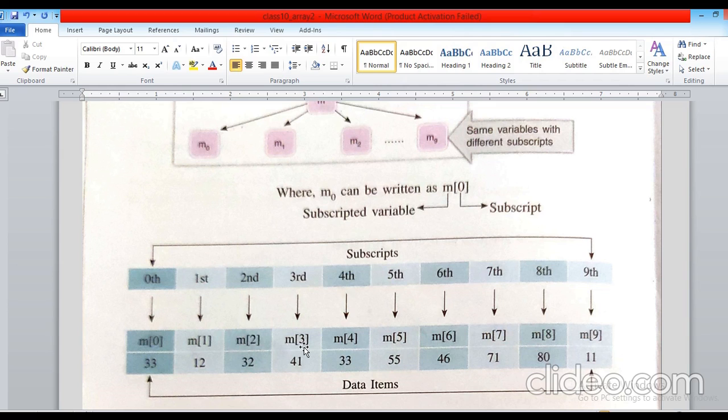The fourth value goes to the M of 3 position. The fifth value goes to the M of 4 position. In the same way, the last value, that is M of 9, is the 10th value. The last element will be stored at the 9th position because the array index always begins with the 0 position. The last element will be stored at the length minus 1 position.